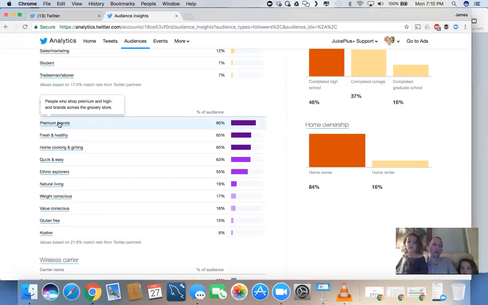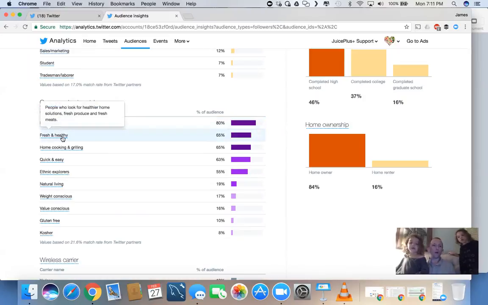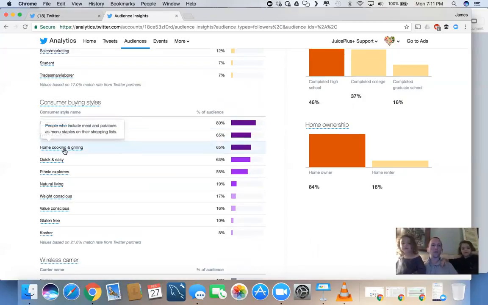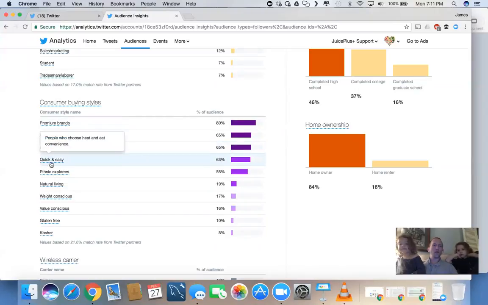But they've specified it to people who shop premium and high-end brands across the grocery store. Okay, so I know people don't care about how much their groceries cost as long as it's quality stuff. People are interested in buying fresh and healthy produce, fresh meat. They're interested in home cooking and grilling, quick and easy, which has to do with food. Now, of course, with my audience, I would hope that that means not fast food, but it means quick and